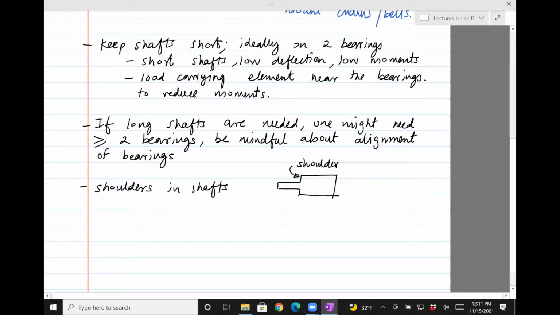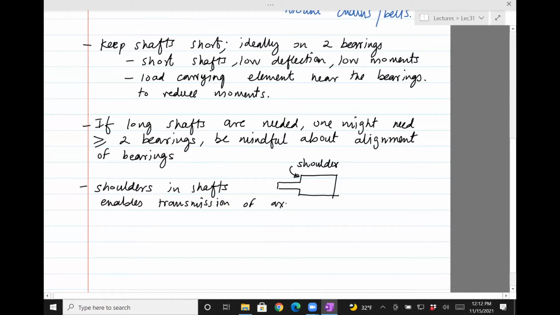The reason why you would not want to have a shoulder is because the moment you have a shoulder, you have stress concentration, and the bigger the diameter, the more the material, it makes the shaft heavier. But then if you have shoulders, you can smartly use the shoulders to transmit axial loads. Okay, so shoulders on shafts enable transmission